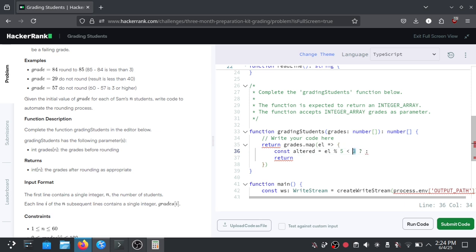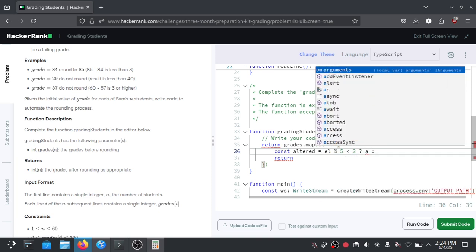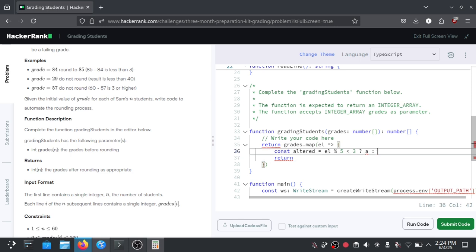The condition is declared first, and if it's true, then the result will be a, and if it's false, then we use b as the result.